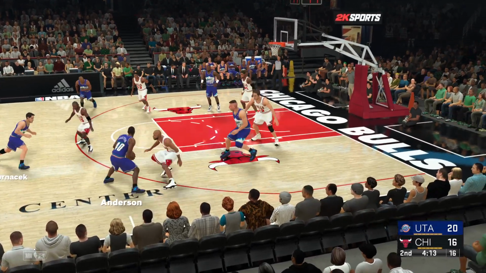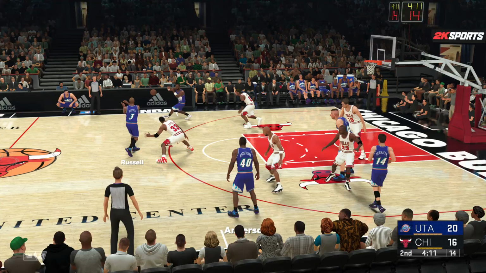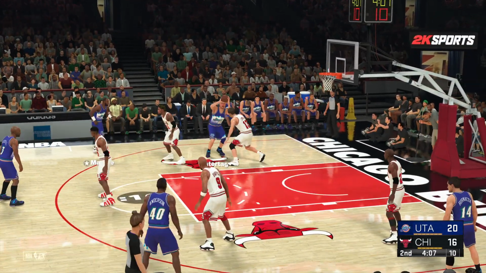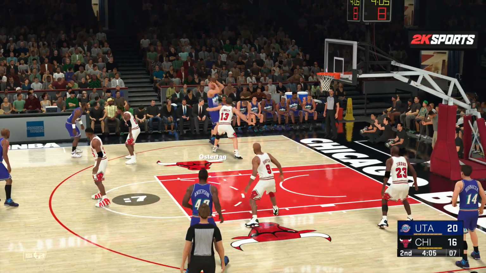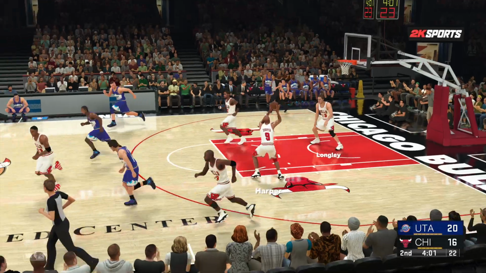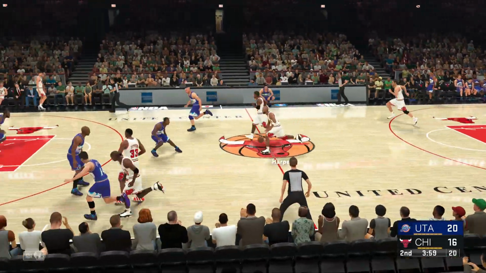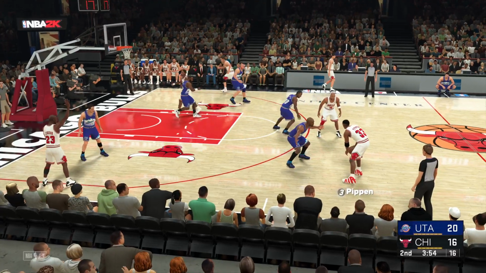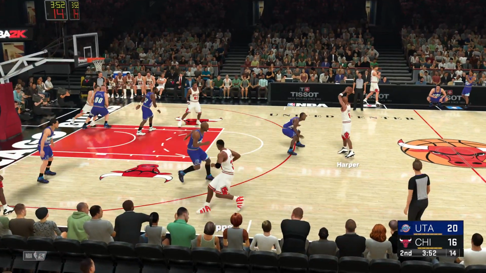Anderson outside. Kicks it to Russell. The fader. Ostertag, no good. You know what? Just a little fancy on that possession there. Just go up in rhythm. Pippen, the pass to Harper.